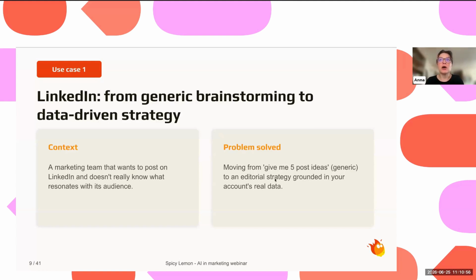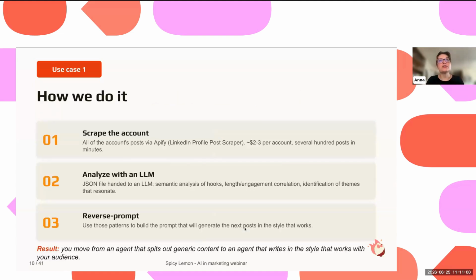and I'm just going to show you how I'm doing this. For this use case, what I usually do right now is I'm going to scrub the whole account using a tool like Apify. You can use Uniply, many different tools for this. And it's not something like Phantom Buster that is going to make any harm to your own personal account as well.